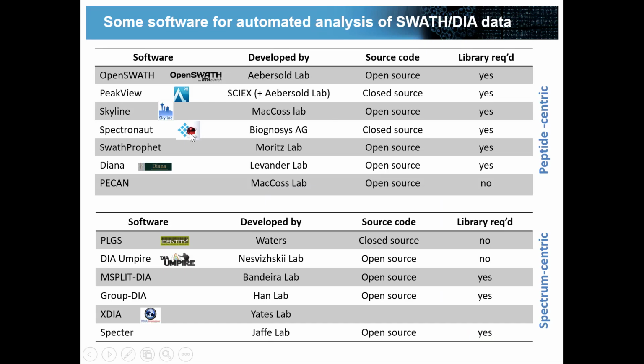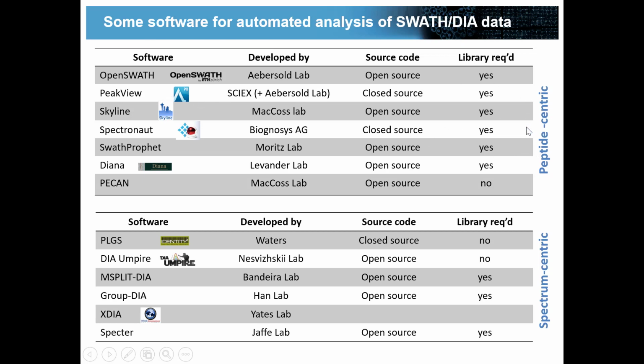Just to point out as well, though, that there are now really a large number of software pipelines available for doing this type of analysis. So OpenSWATH is the one we tend to use in our lab. Skyline is what we're going to look at tomorrow, but there are many others, and they mostly fall into these categories